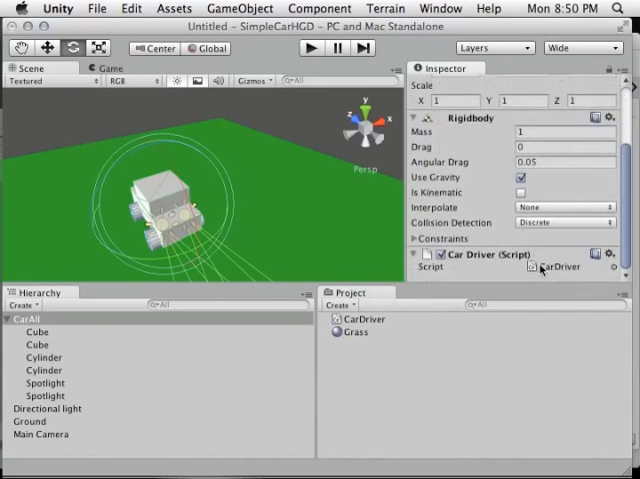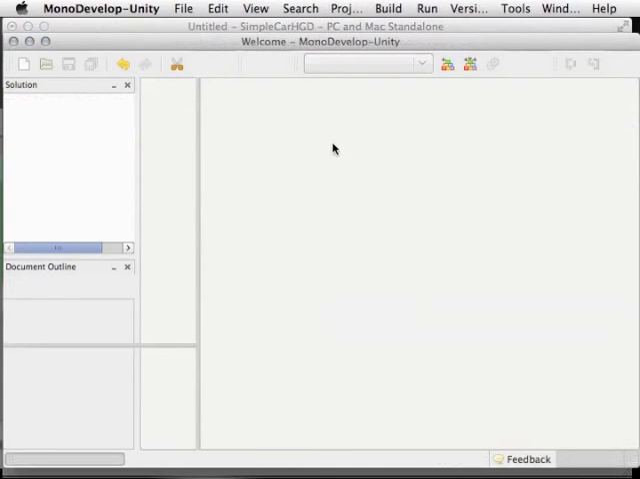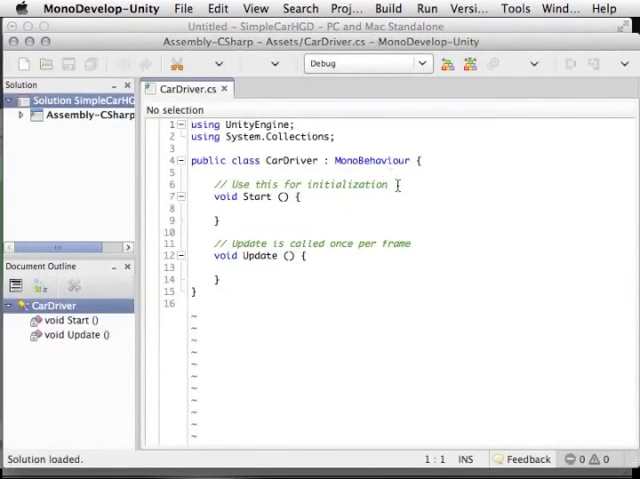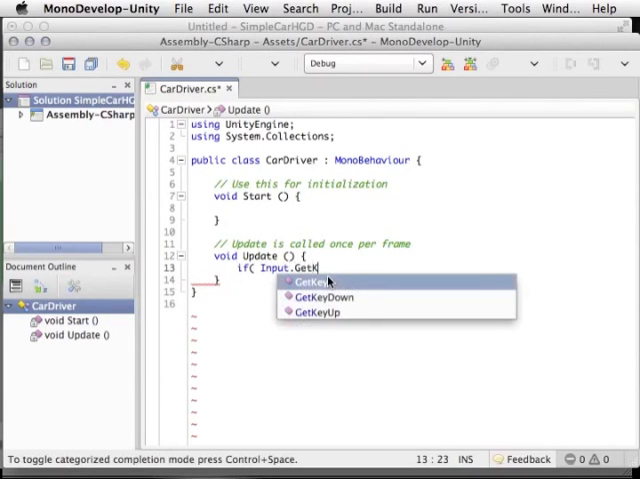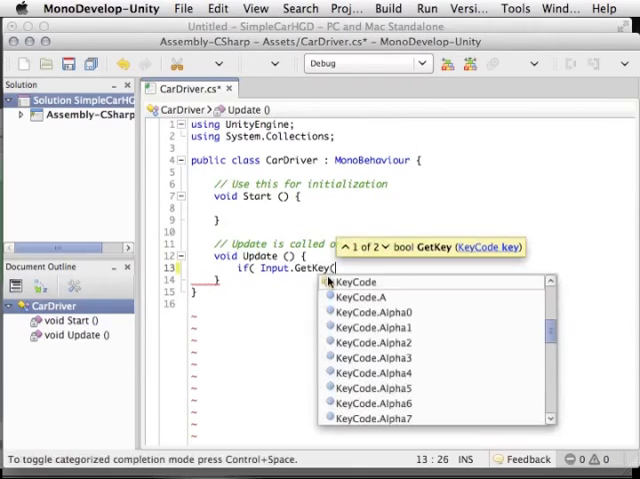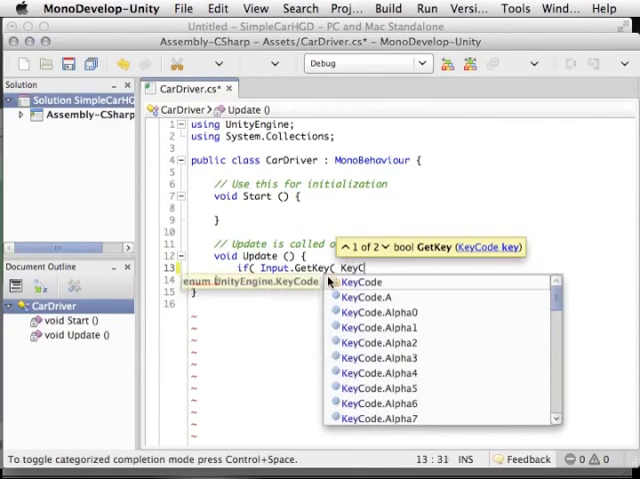Let's double click on the car driver script to open it in MonoDevelop. And you can see from the default comments and default functions that start gets called when the owner of the script comes into creation, and update is called every frame. Let's add this code into the update function. If Input.GetKey KeyCode.Up